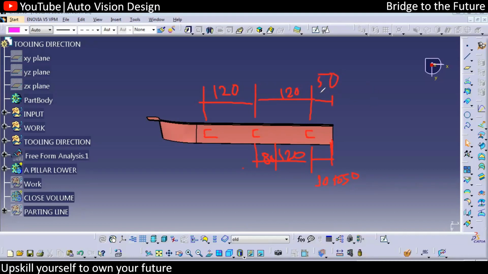Okay, so this is going to work. 50 is to make sure this particular corner will not pop up when we assemble the part. To make sure this corner is held, we have 150, 30 with respect to that, 120, 120. Okay, OEM to OEM, part to part, supplier to supplier, this value may change